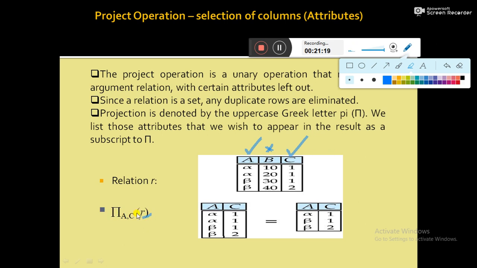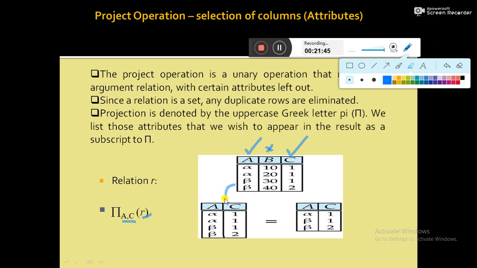That means pi R means you want to perform the projection operation on the relation R. Then I am mentioning as a subscript the list of attributes which we want to get. I want to get only attributes A and C, so I have mentioned A comma C. That is how we are projecting the main relation R.